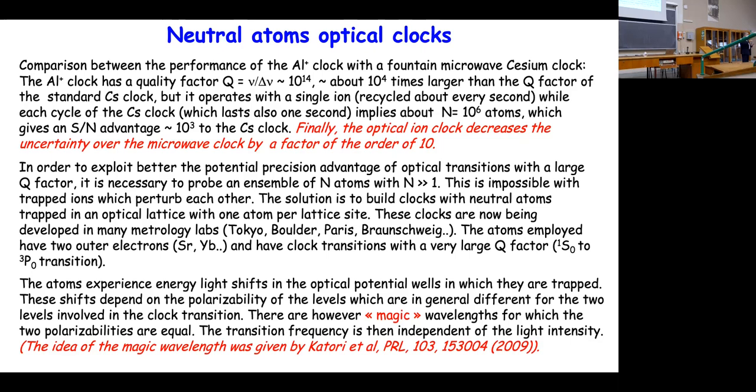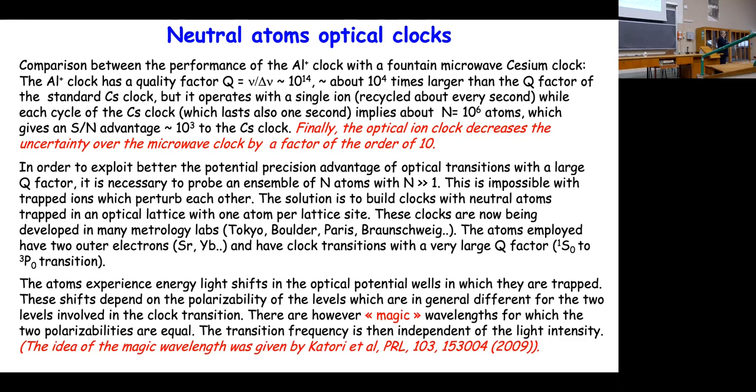When the atom moves from the ground state to the excited state of the trap, it sees a different light shift. And so the frequency of the atoms depends upon the intensity of the light. And this is not good at all. But Katori had the idea, found that there are some magic wavelengths for which the polarizabilities of the